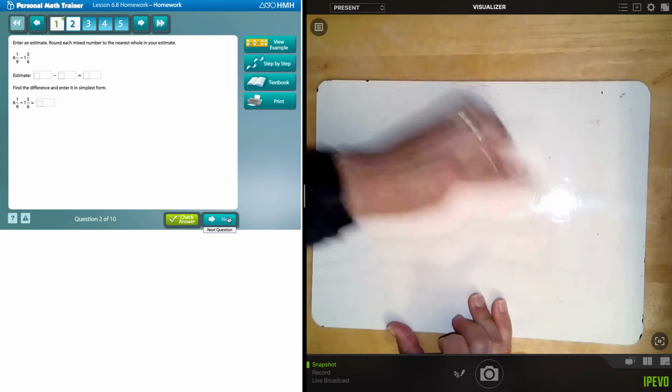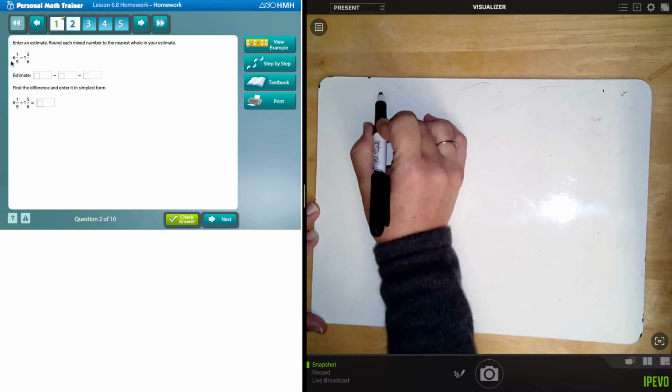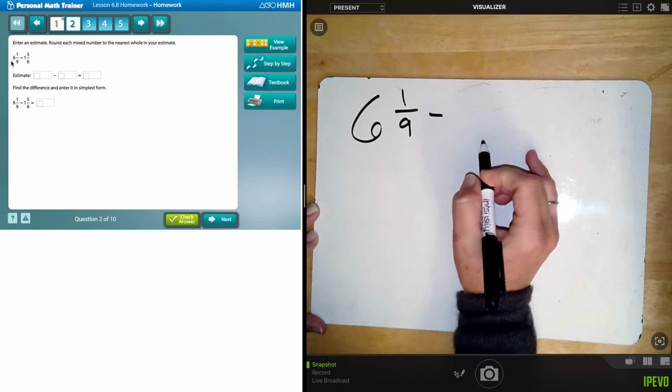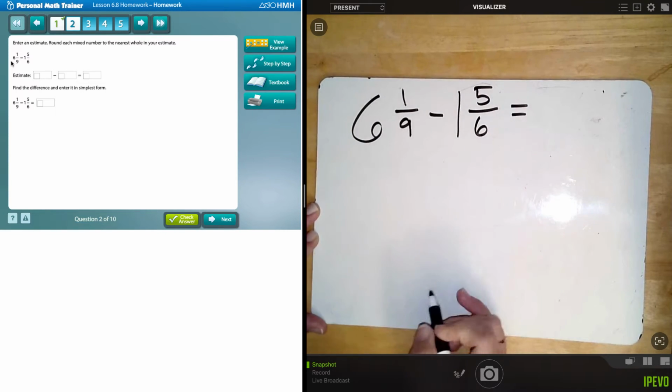Okay, so we've got enter an estimate, round each mixed number to the nearest whole in your estimate. So I've got 6 and 1/9 minus 1 and 5/6. And my estimate,